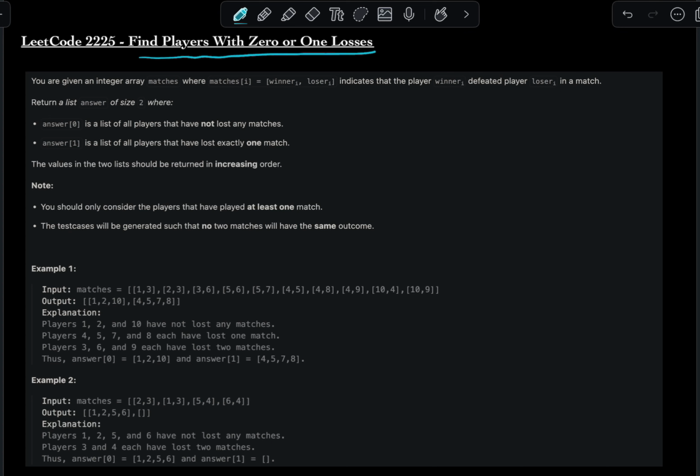In this question, find players with 0 or 1 losses, you're given an integer array matches where the index values represent the winner and loser of the respective match. Now you're supposed to return a list answer which is of size 2, meaning you're supposed to return